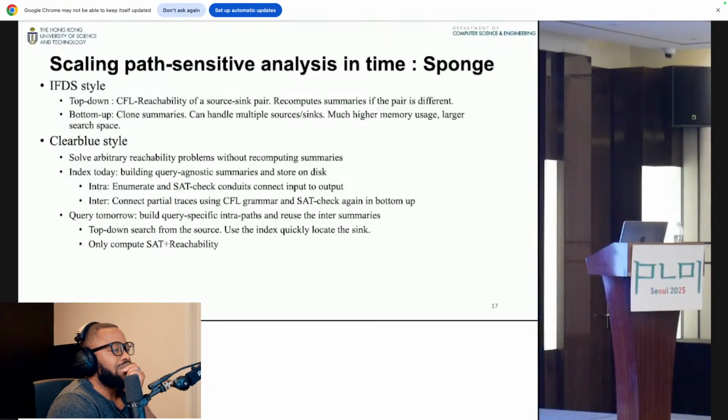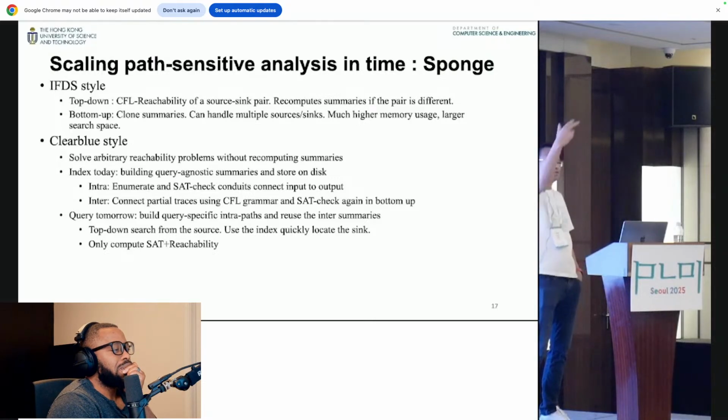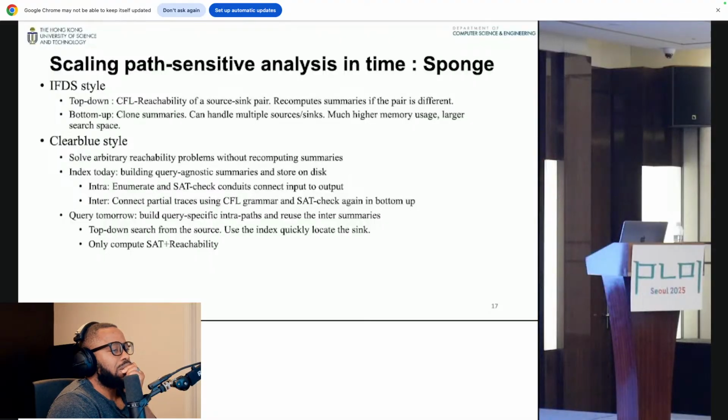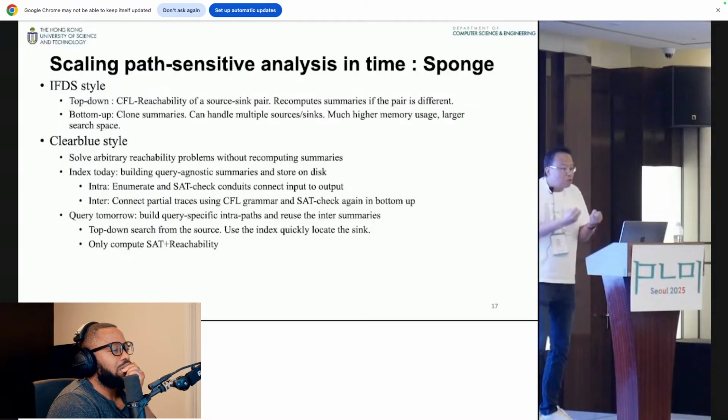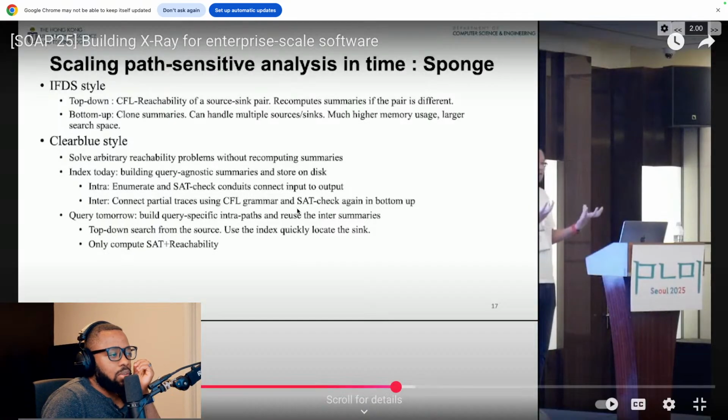In old IPS problem solving, basically there are two approaches. One is CFL reachability, which goes top down, and the downside is that every time your query changes, your summary has to be recomputed, although you only traverse the part of the graph that's relevant. The flow-based solution is interesting. It saves a lot of effort.